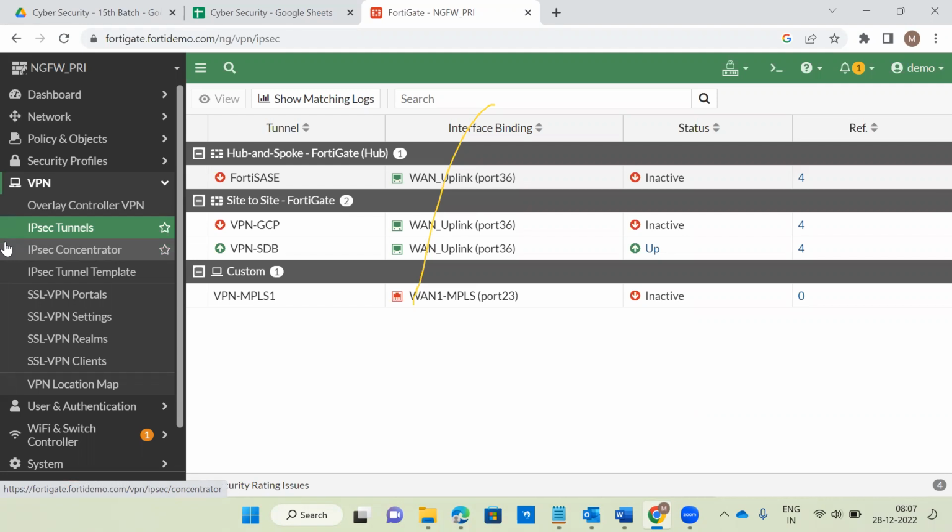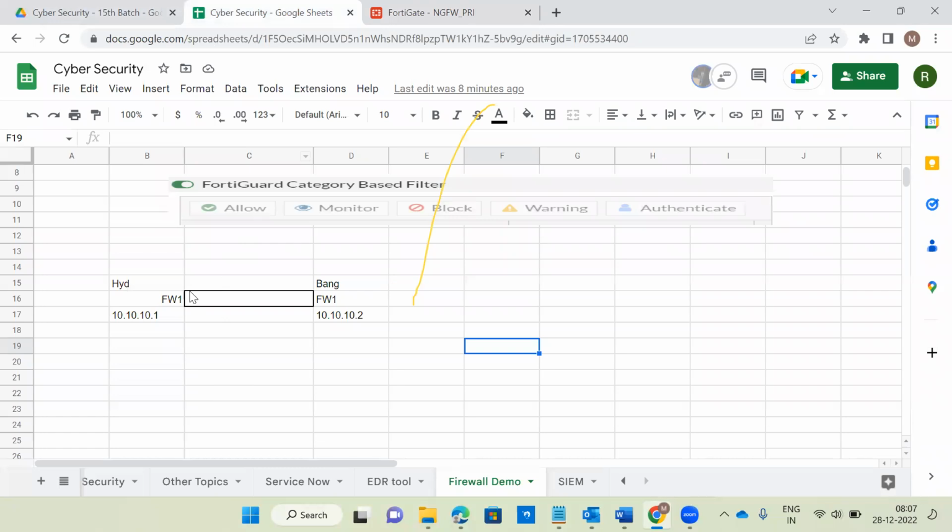Coming back, the second one is site to site VPN. If you want to configure the site to site VPN, there are two different phases we have. One is IKE phase 1 and IKE phase 2. Before class started, I was drawing this diagram. For example, this is Hyderabad. This is one of the sites, example site 1. This is the Bangalore site. This is site 2. In case our offices are in the Hyderabad location and Bangalore location, in that scenario,